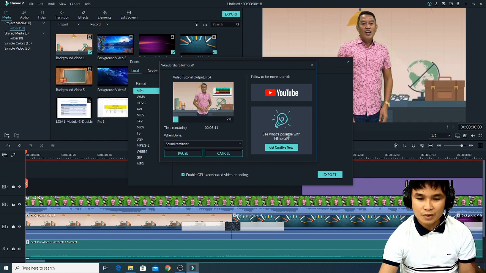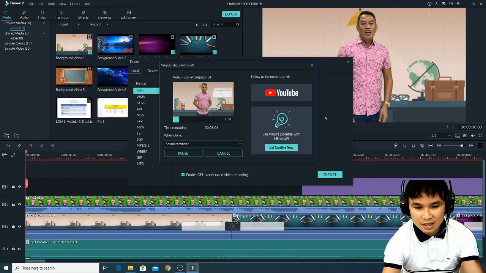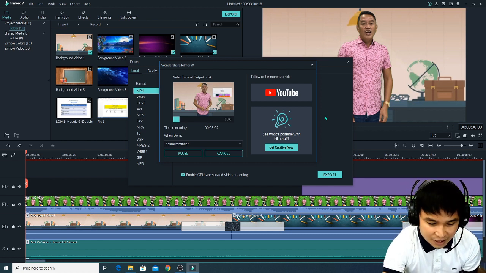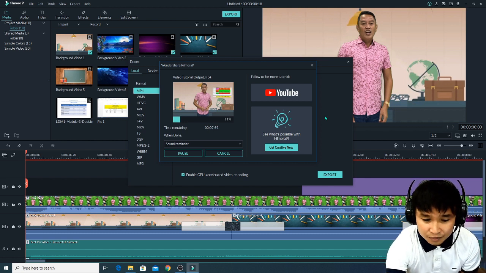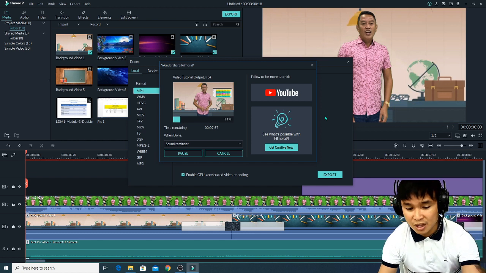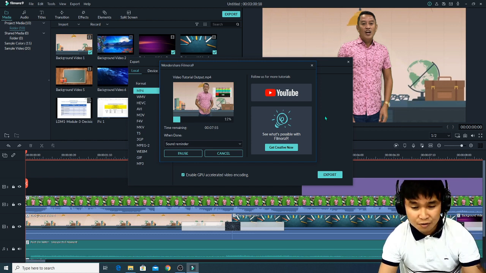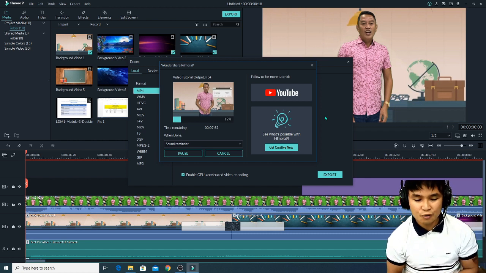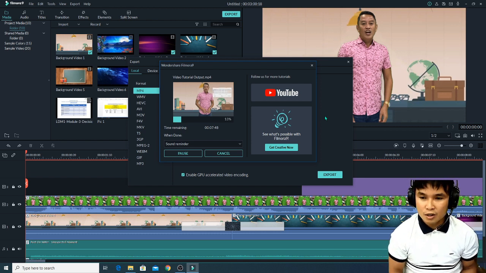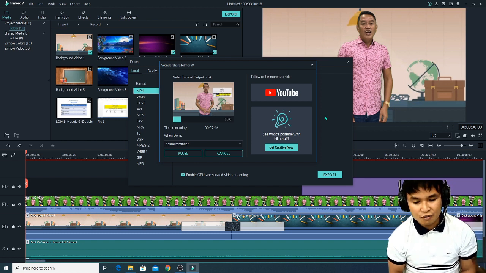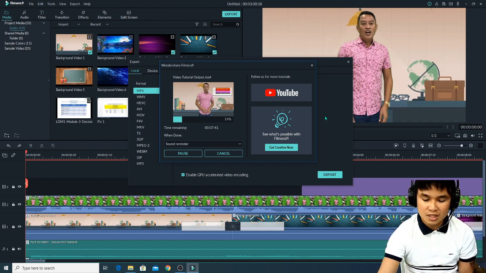Right, so we are trying to render our Filmora 9 output for this tutorial, and let's see what happens with our video. So again, in Wondershare Filmora, we can quickly merge video files without any quality loss. And in Filmora 9, this software supports different video formats, including MP4, AVI, Windows Media Video, MOV, and more. Then the proxy workflow, we can edit with proxy media, which allows you to speed up high resolution footage even in low